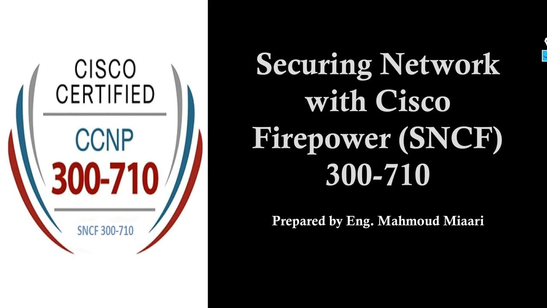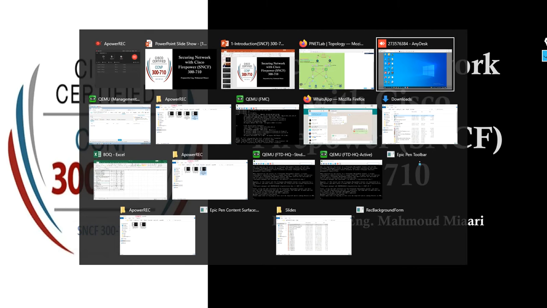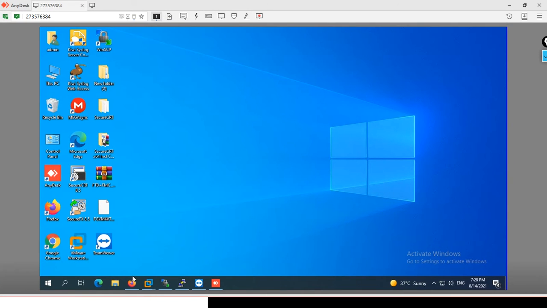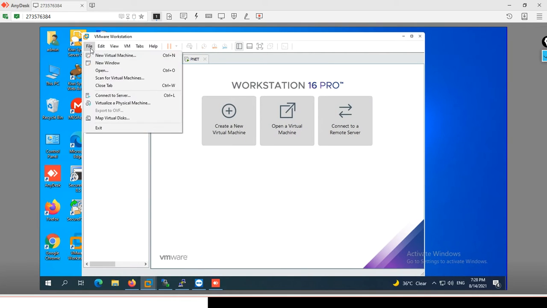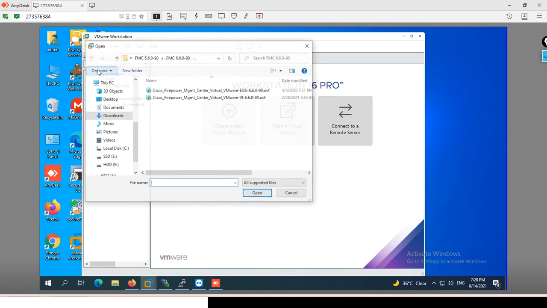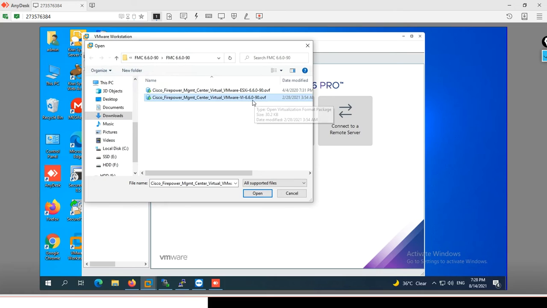So let me go to my server. Here, basically you will make a file, open. Here I have two images. This is what I care about, VMware, but this version is 6.6.0.9. What I installed in the Peanut Lab is 6.6.0.45. So now let me